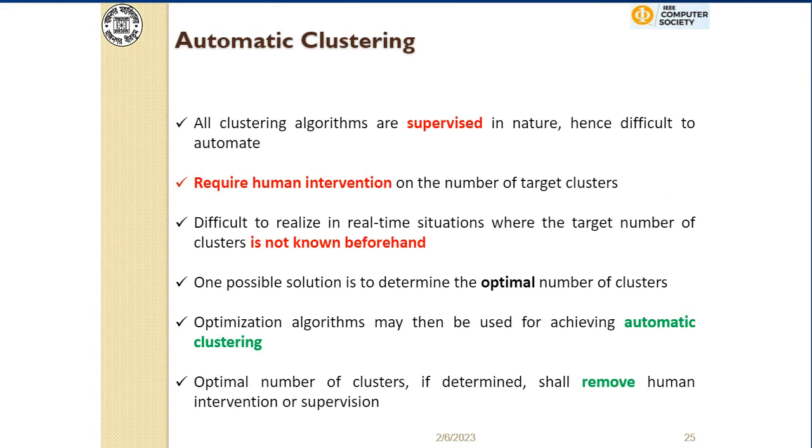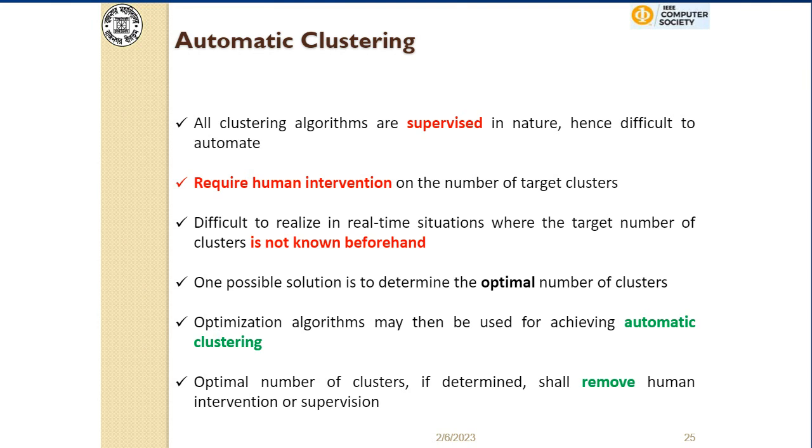So now, given a very brief idea of this quantum computing paradigm, we'll be touching upon why this particular problem, automatic clustering, is at all needed and how you can solve it. How you can try to devise an algorithm which can automate the entire process. Okay. So you see,